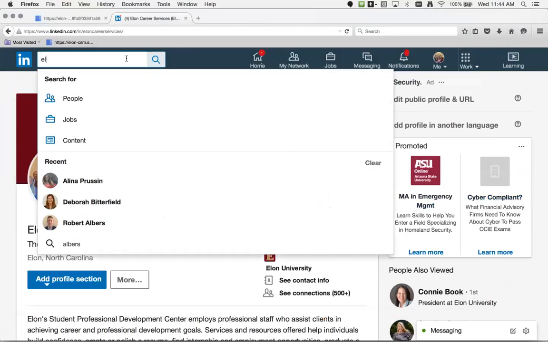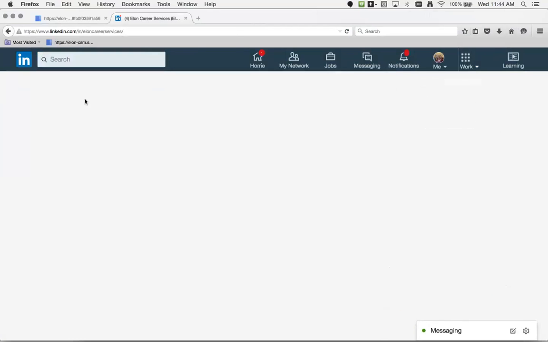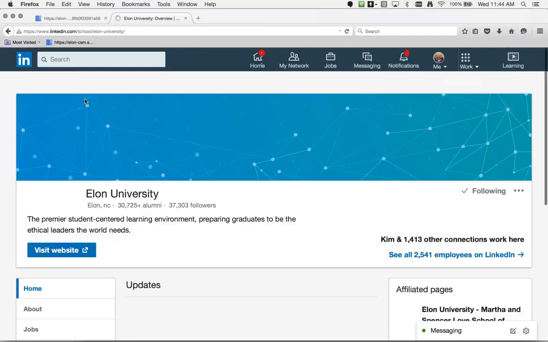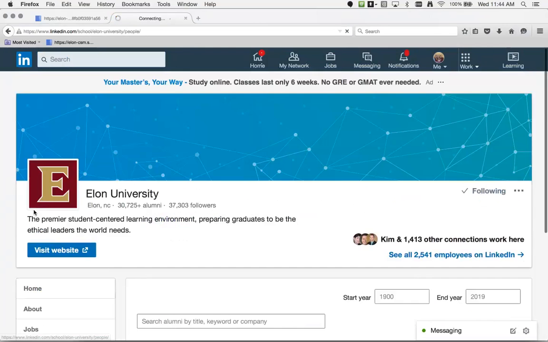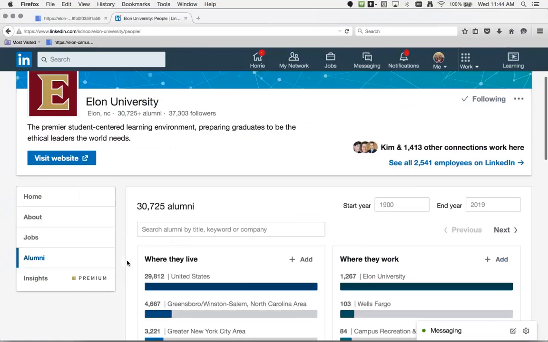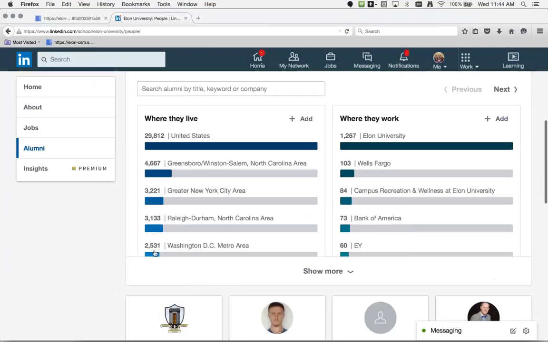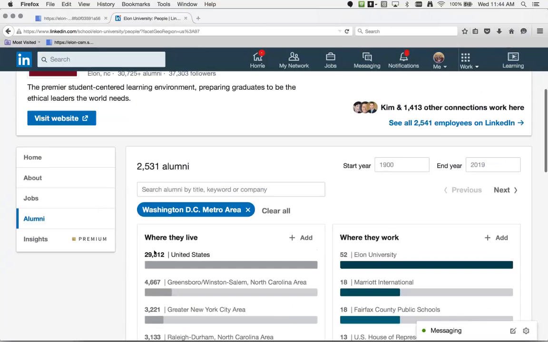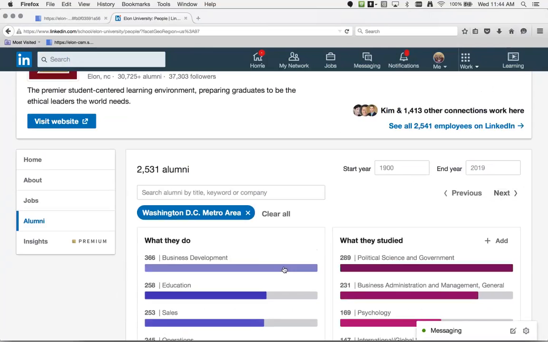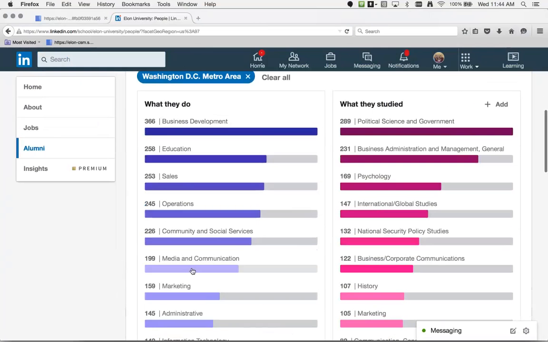So again, I'm going to search under Elon University, the school. It pulls it up. Again, I want alumni. Again, there's the 30,000. I'll go back to DC. I'll click over to next, and I'm going to go back to good old media and communication.